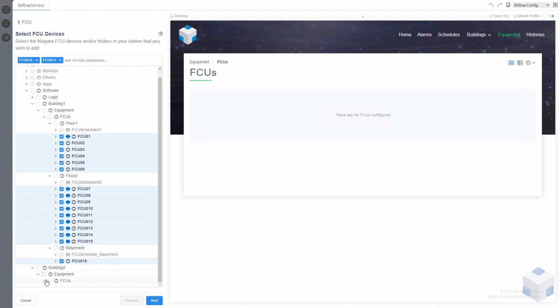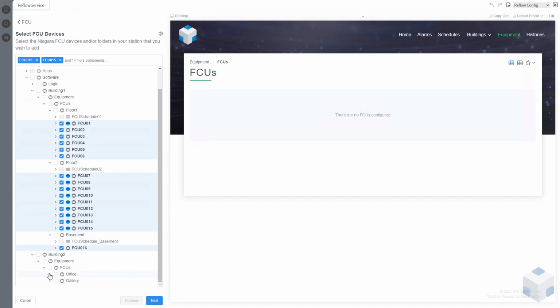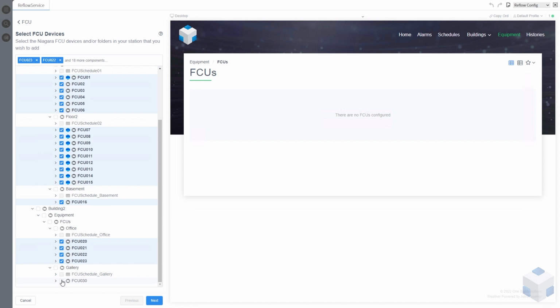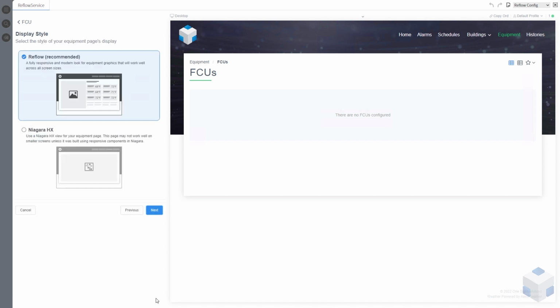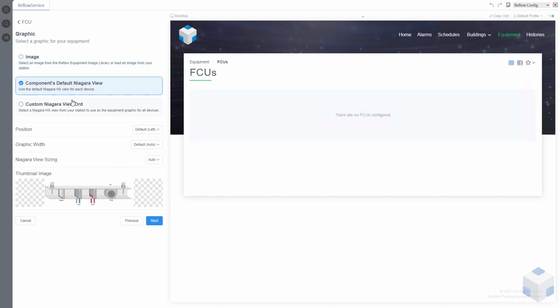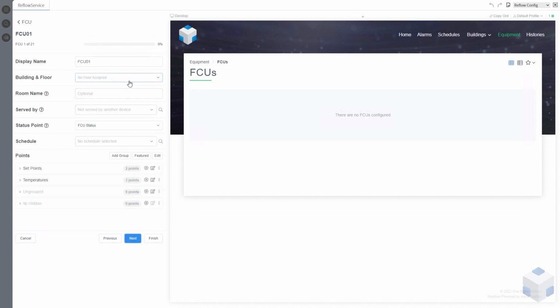Building 2. And then, come on, keep going. And then there should, yeah, there's one in the gallery of building 2. Okay, so I'm going to click next. I'm going to want a Reflow recommended view. And I want the components default Niagara view for that. And I'm just going to keep thumbnail image as it is. Okay, so